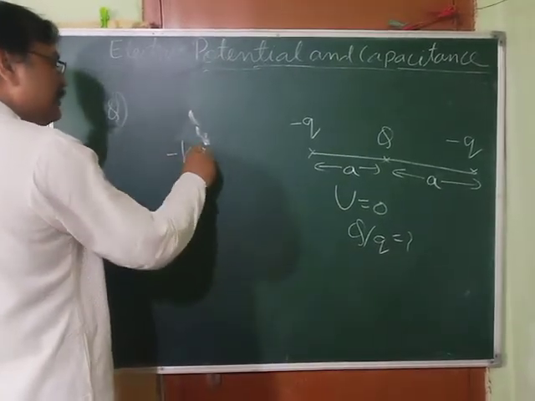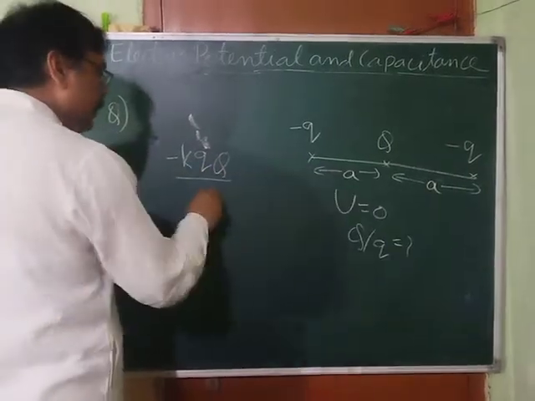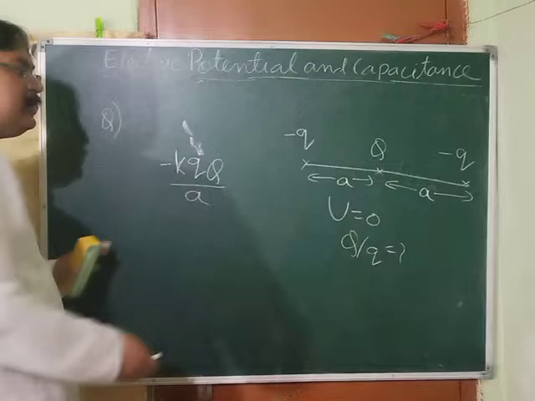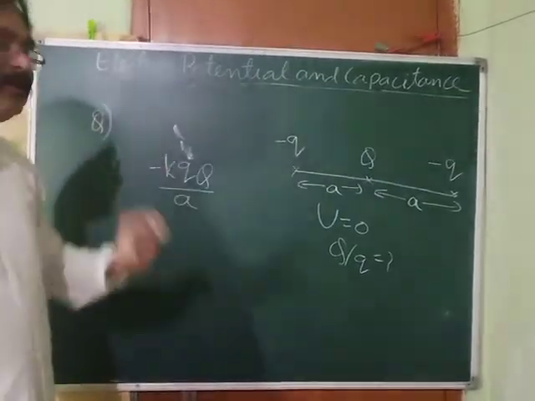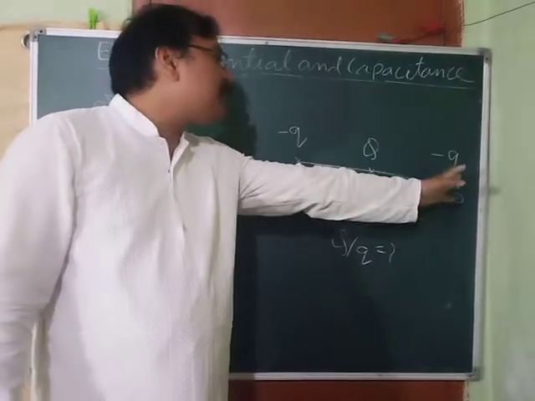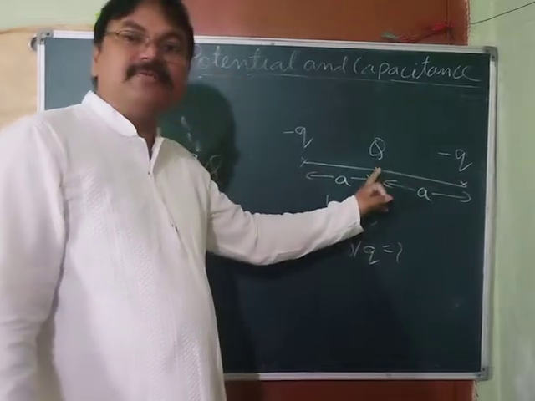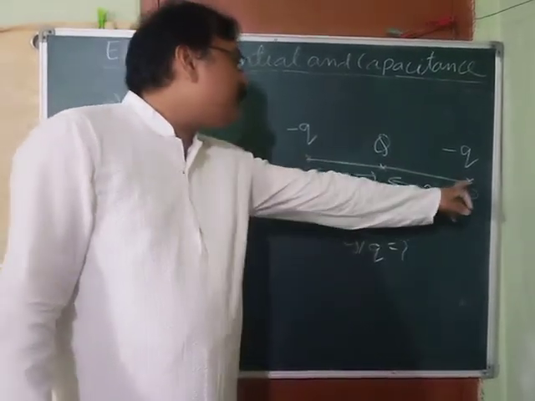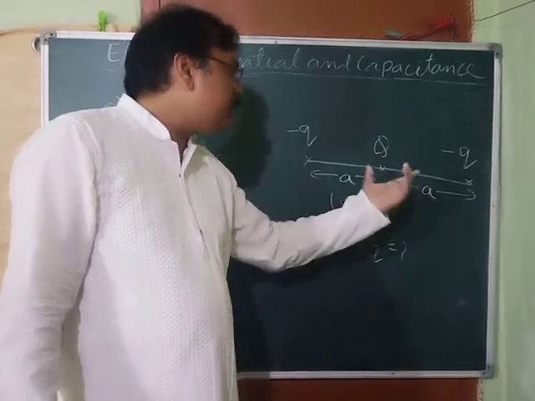So we can write minus here, Q1 Q2 upon the separation, that is A. Clear? Due to these two, this is the potential energy. Now this has been placed. Next we will bring this charge from infinity, and we have to find the work done due to the presence of this charge as well as this charge. First we will calculate the work done, or the potential energy, due to this charge.